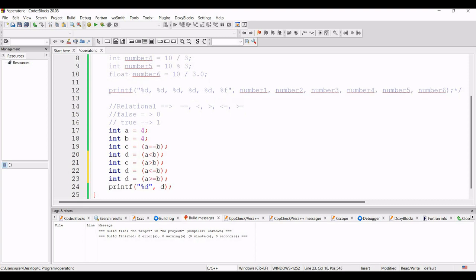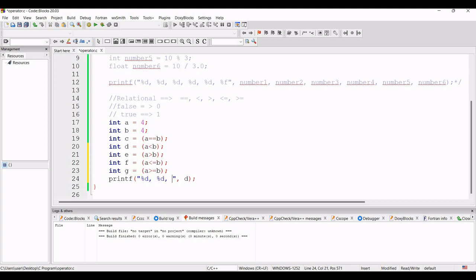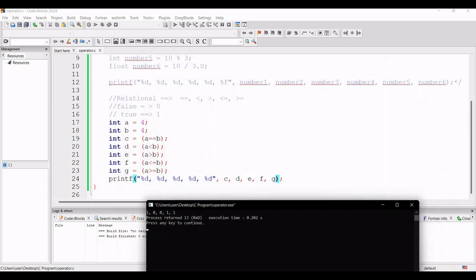So these are the 5 relational operators, and C, D, it will be E, the next one will be F, and the next one will be G. And then percent d, five times, control C, control V, control V, control V, and again control V. There are 5 variables C, D, E, F, G. So here I will write C, D, E, F, G. So compile and run. Now you can see what is happening.